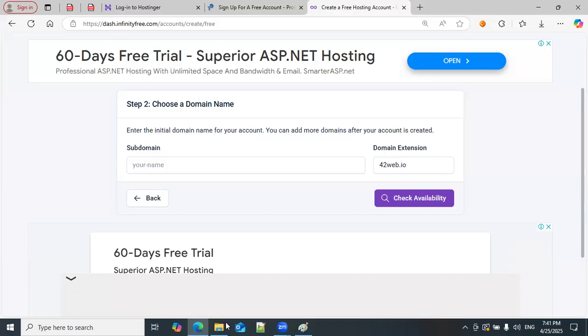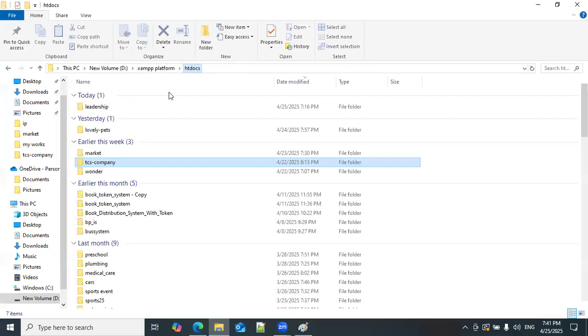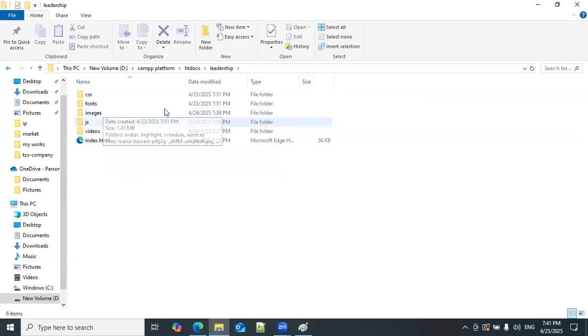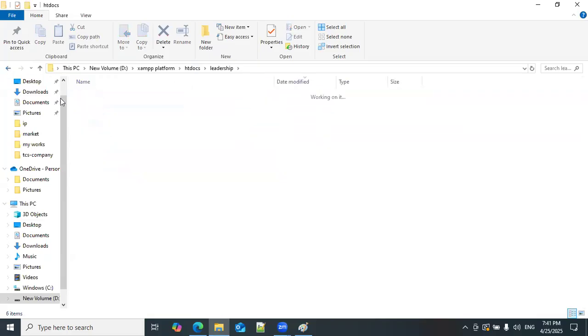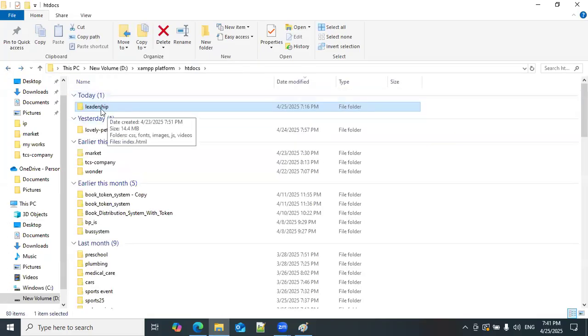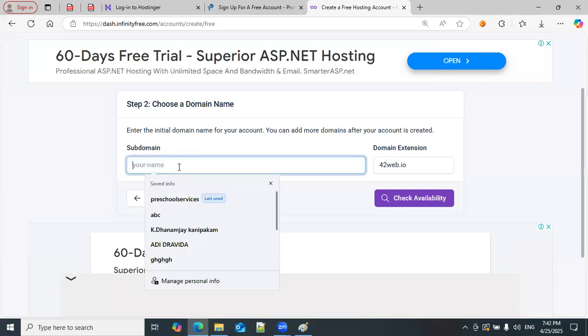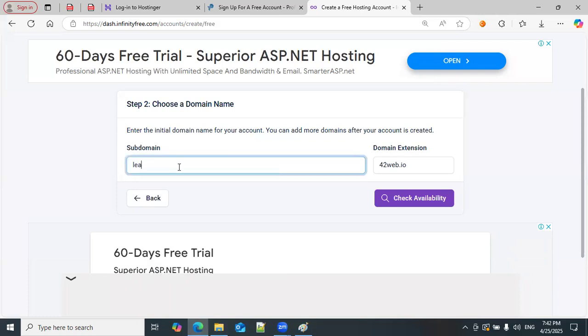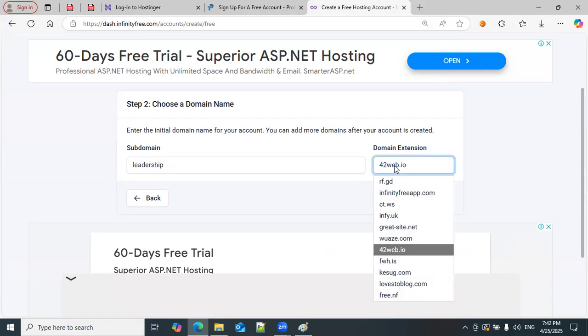Please understand, I created this, right? Let's take leadership. So leadership is one website I created here. Consider it like that. Now I want a name same as leadership only. Let's take here the subdomain we need to give, leadership. You can give whatever name you want, but at present I just chose leadership with the domain extension,